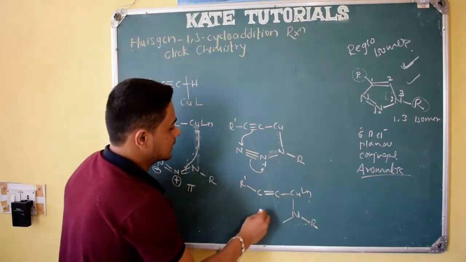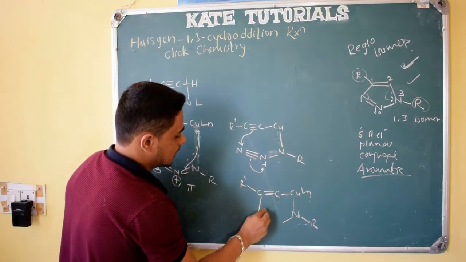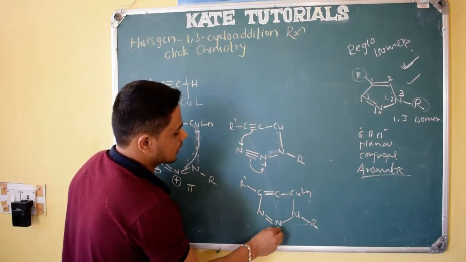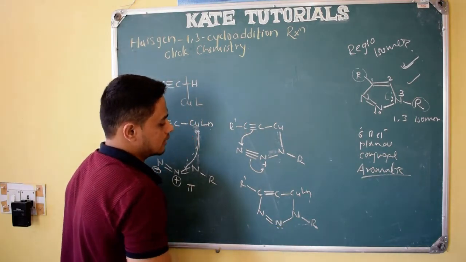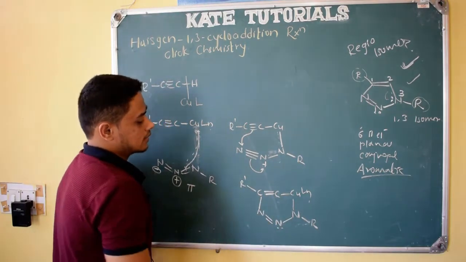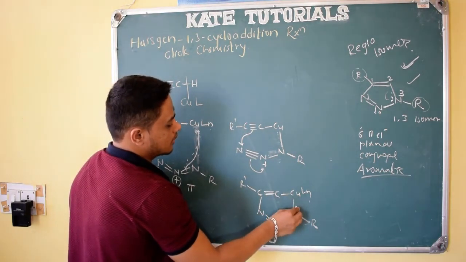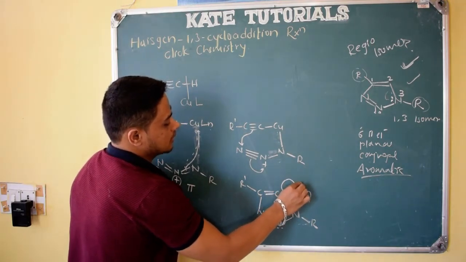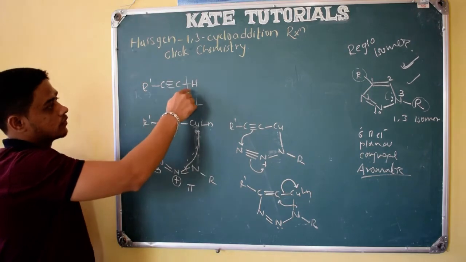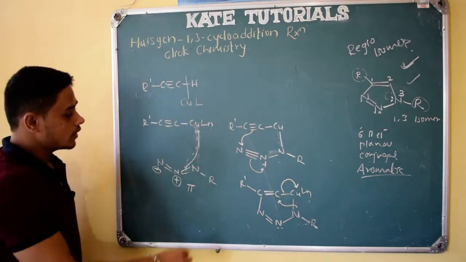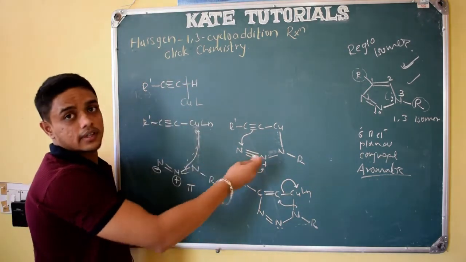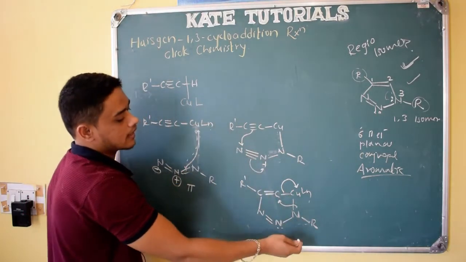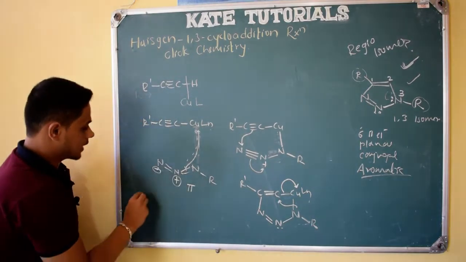This is the sigma complex. Then see here, this carbon is attached to nitrogen, and this nitrogen is attached to a single nitrogen, and it becomes neutral by getting its lone pair of electrons, right? Yeah, this is the thing. Then this copper, this bond will shift onto carbon and reductive elimination occurs. Initially oxidative addition occurs at this bond, followed by some conversions, then reductive elimination. From a higher oxidation state it again comes to a lower oxidation state, and we will get this product.